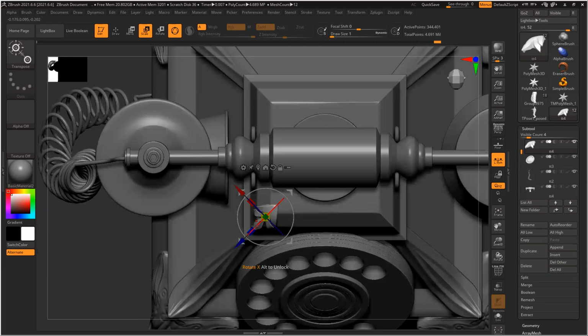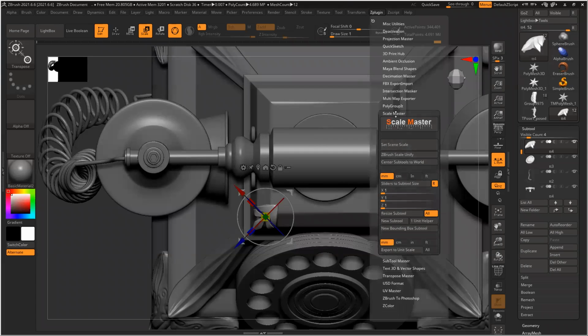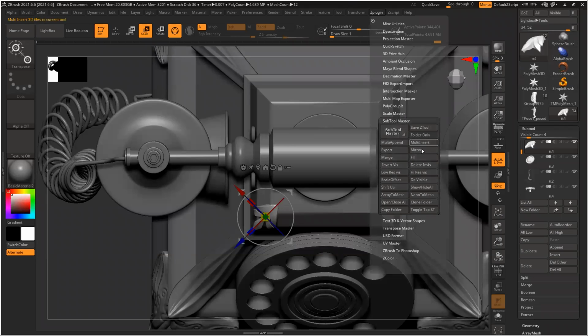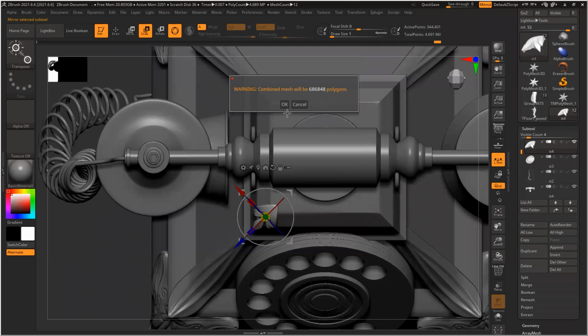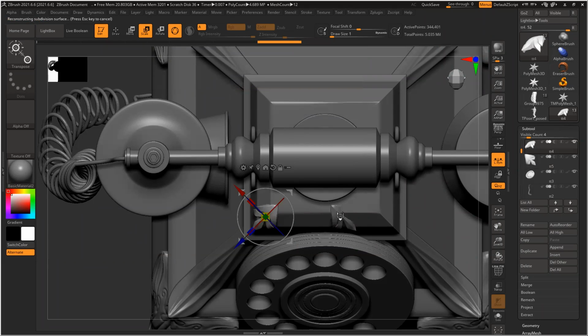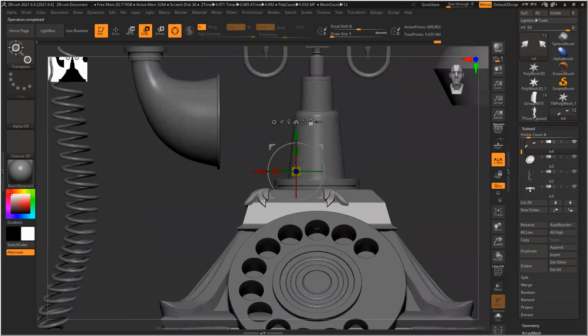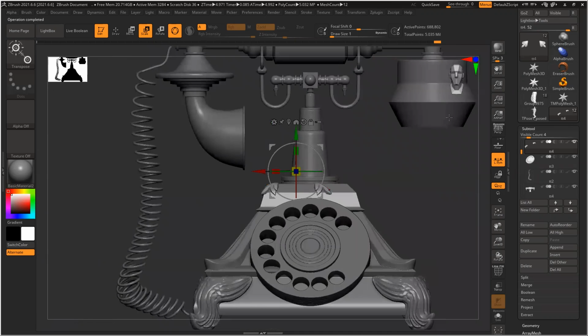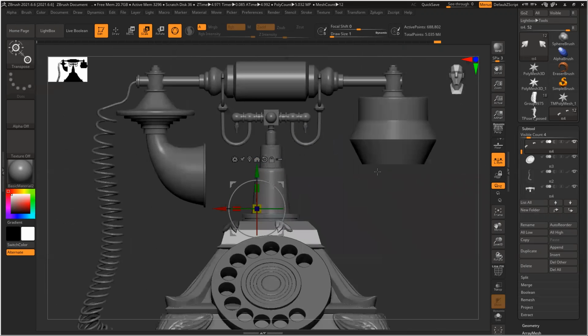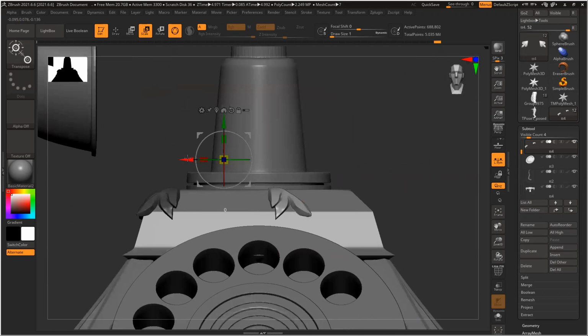Now I want this exact thing here. So instead of doing it manually, I can mirror it also. Go to Subtool Master, Mirror, Mirror. Okay. So the position is not correct because the symmetry will take the entire model center. That's just not working. So what I can do is select that part, then mask it and move this area.